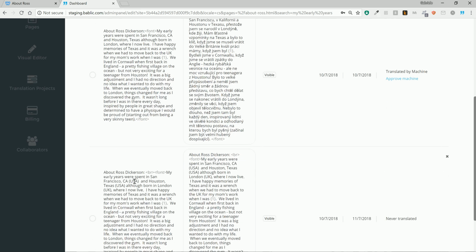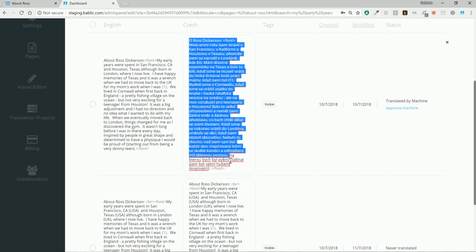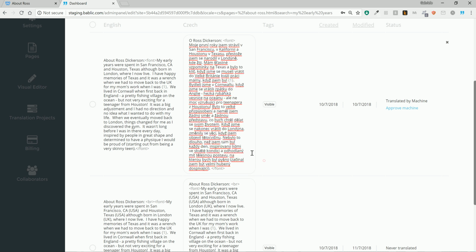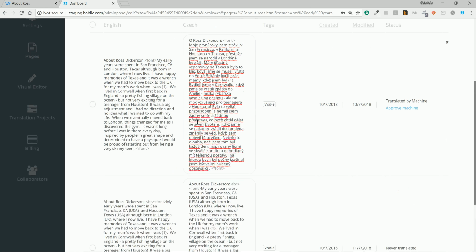It's just that I've added some text here in parentheses, the USA and the UK, and that basically caused Bablic to lose the connection between the translation and the original content. So this is the original translation that I have inputted manually for this content, and then the content changed to this, so Bablic reverted to the machine translation,